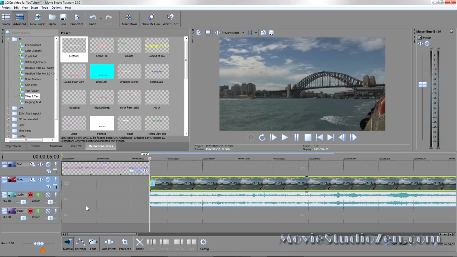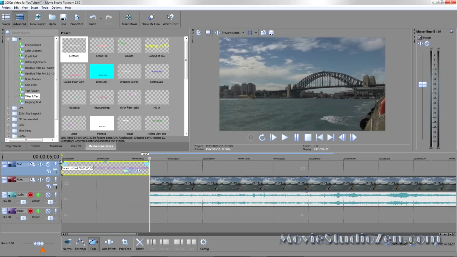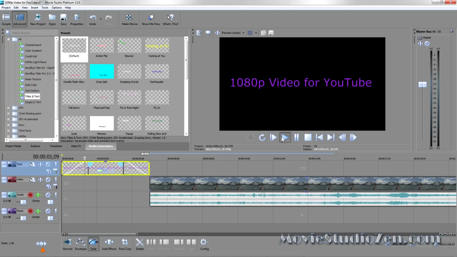And so the first thing I want to do is actually do a fade in and a fade out of the text. So to do that, I need to change it to fade edit mode. So press that button there. Now, hover the mouse pointer in the very top corner, hold it down and drag. And that's creating a fade. To do a fade out, go to the opposite corner, drag across as well. So now I'm going to play this. We've got a fade in and then a fade out.